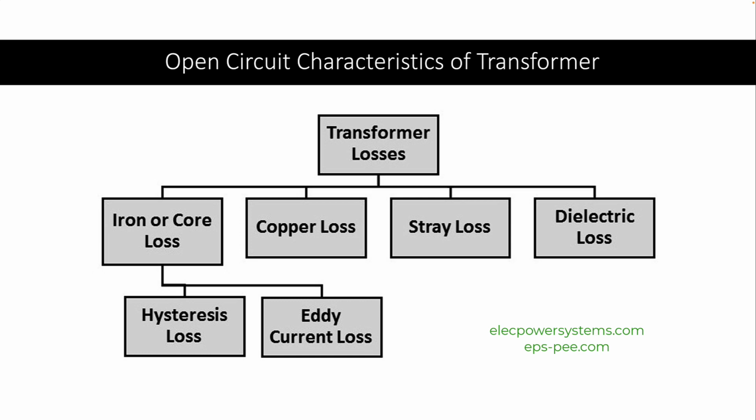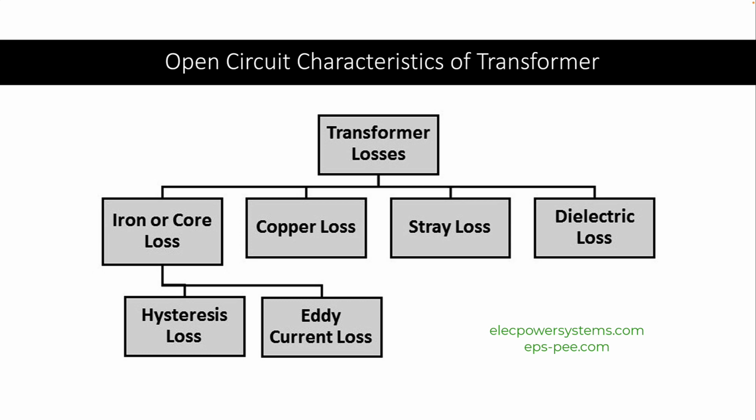the core loss component. The magnitude of this current is relatively small since there is no load connected to the secondary winding. By analyzing the open-circuit characteristics, important parameters of the transformer can be determined, such as the magnetizing current, the magnetizing impedance, and the core losses. These parameters are crucial for designing and operating transformers efficiently, as they provide insights into the transformer's behavior under different